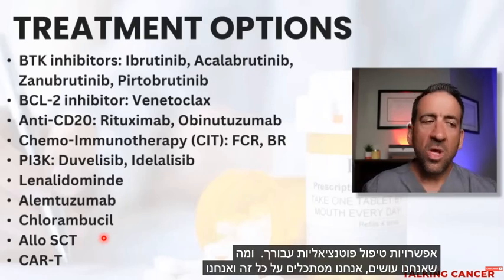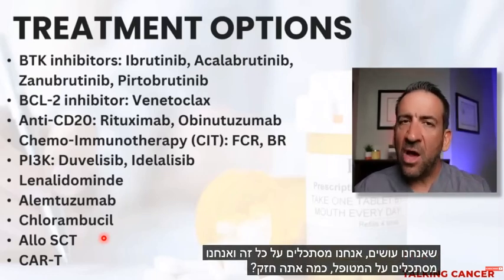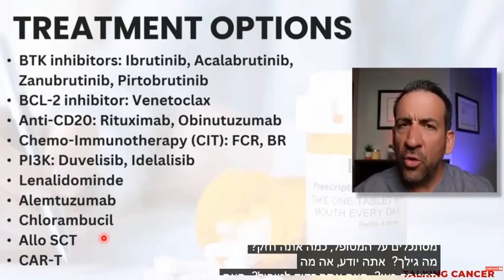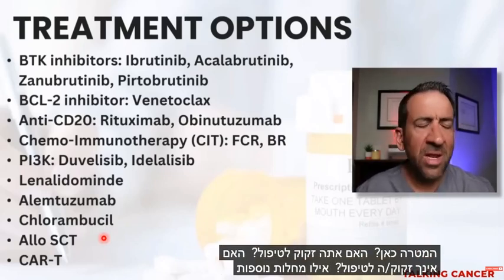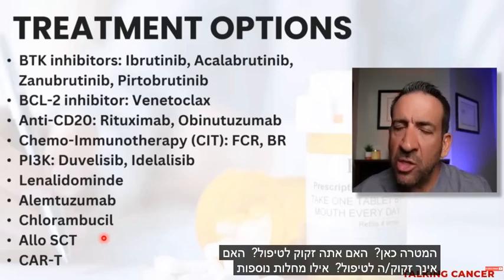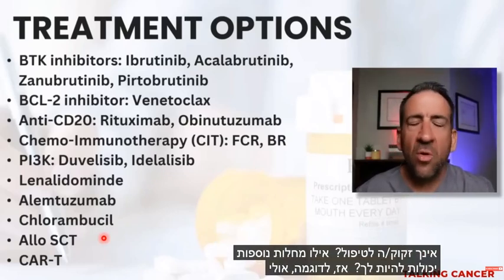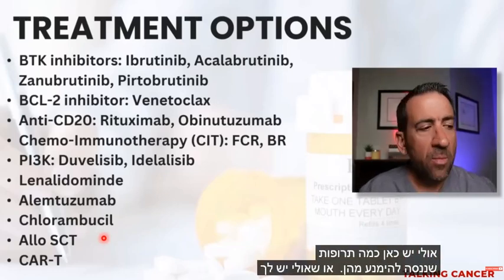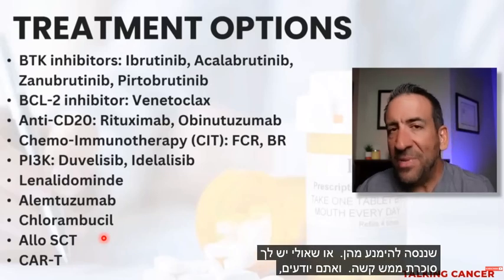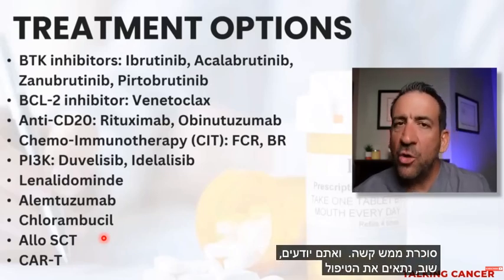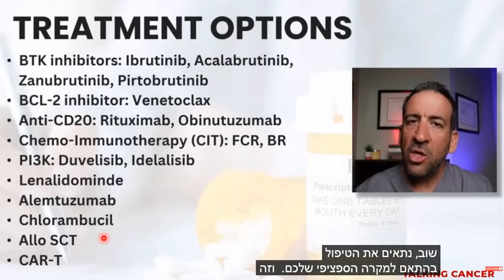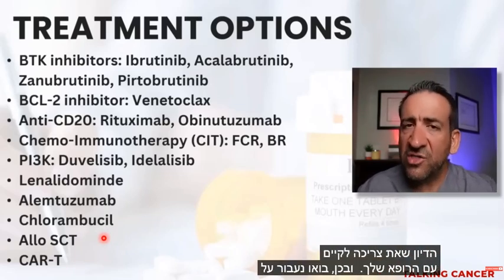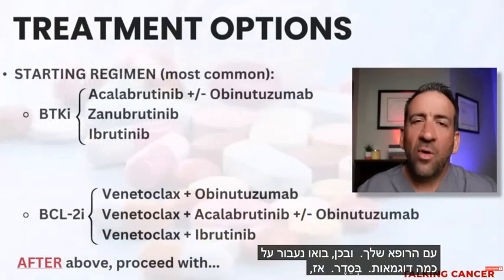And what we do, we look at all this and we look at the patient. How strong are you? What's your age? What's the goal here? Do you need treatment? Do you not need treatment? What other illnesses do you have? For example, maybe you have a history of heart disease. Well, maybe there are some medications here that we'll try to avoid. Or maybe you have really bad diabetes. Again, we will tailor treatment depending on your specific case. And that's the discussion that you have to have with your doctor. Well, let's go over some examples. All right, so a very common